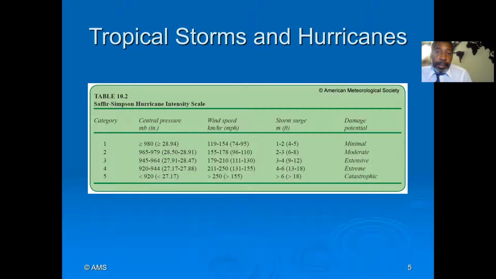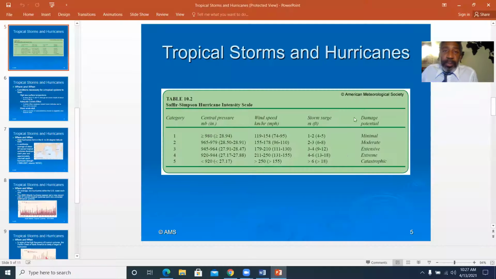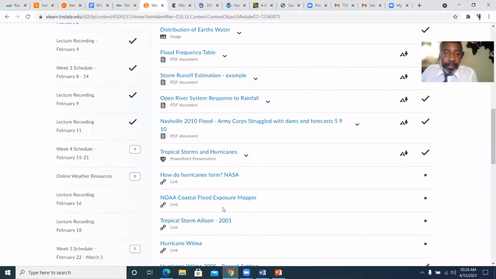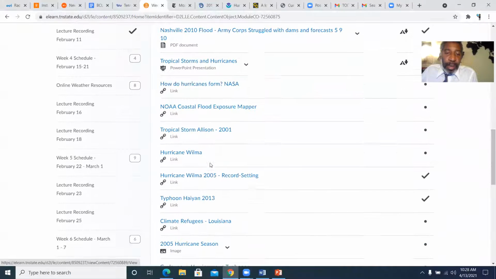However, if a Category 1 or 2 storm like Hurricane Harvey or Tropical Storm Allison or Hurricane Florence just hangs around and doesn't move very quickly, even if it's a low category storm, it keeps dumping precipitation, and that can be very dangerous. Because if we go back to what happened with